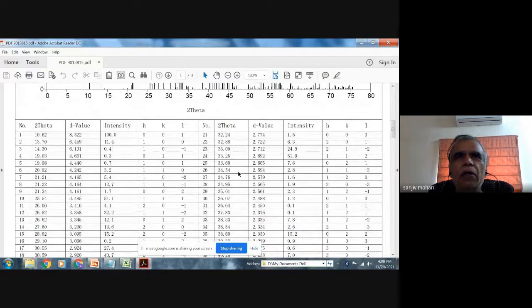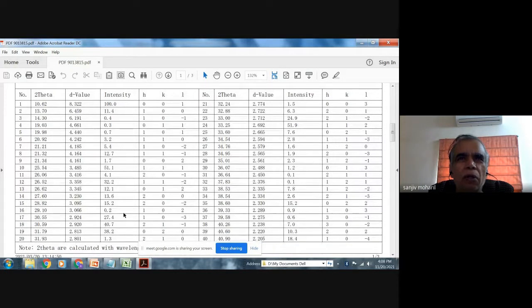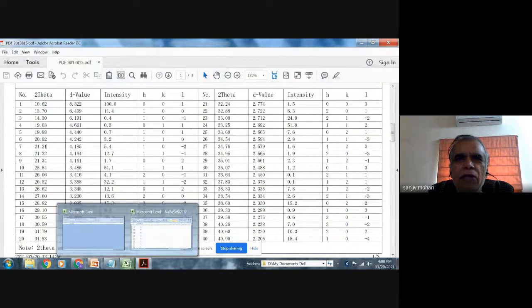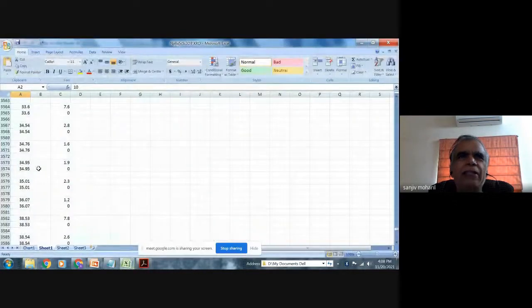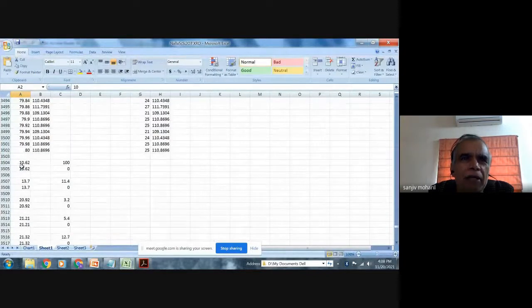So from the ICDD data, I got this file, 2 theta and intensity, 10.62 and so on and so forth. In fact, I can convert this table into Excel also, or if not, I will scan this column and put it in Excel. So the same thing I have put in Excel.